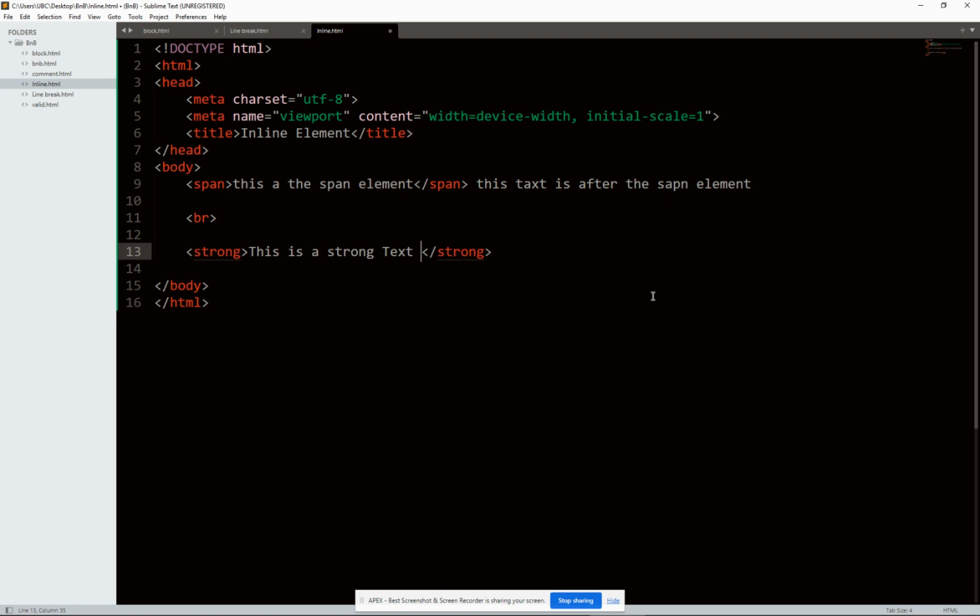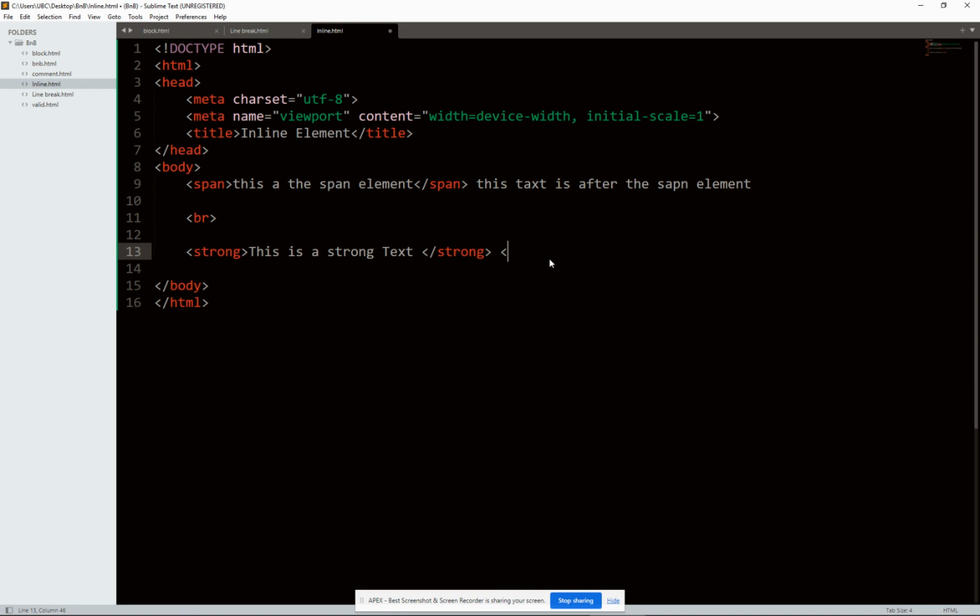So in HTML, you can use the strong element to define an important text. So we can use the strong element to define a text which is important to you, which you want the HTML to understand that you are dealing with some important text. You can use the strong to do that. And also we can also have an